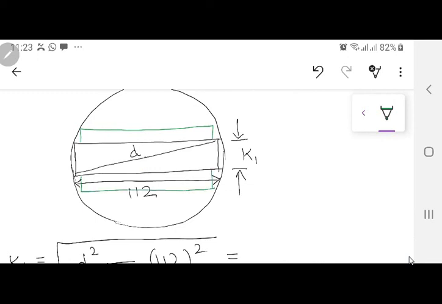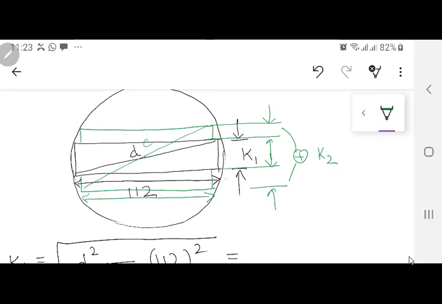So what is K2? K2 is this distance plus this distance and this. So when you add these together, this is going to be K2. Agreed? ठीक है? और उसको निकालने के लिए what you need to do, you need to have this distance, ठीक है? And from here to here, this is again D.